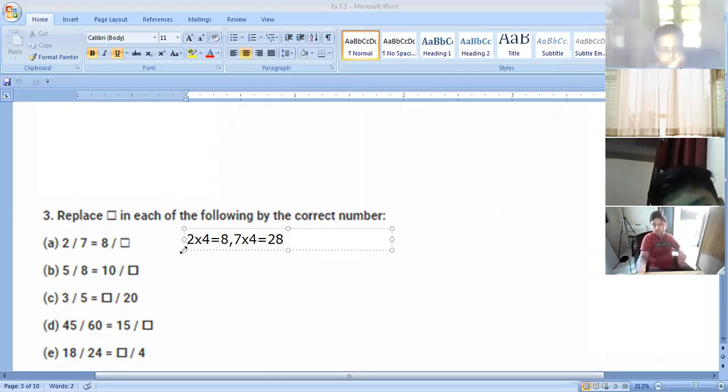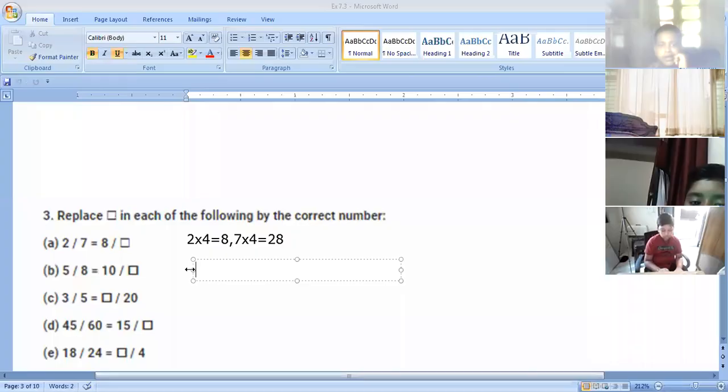Got it? How you have to solve it? Whatever the answer is given, either the numerator or the denominator, you have to just check with which number it is multiplying, and you have to multiply it with the numerator or the denominator which is left over there in the box. Yes, the first answer is 28. That's correct. Let's do the second part.